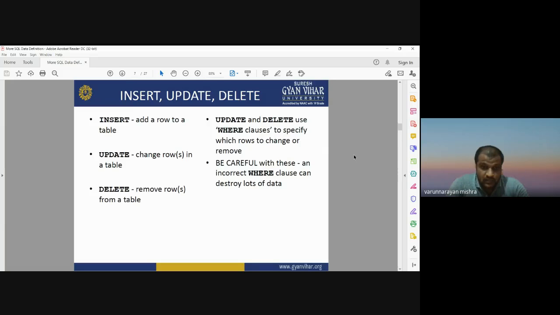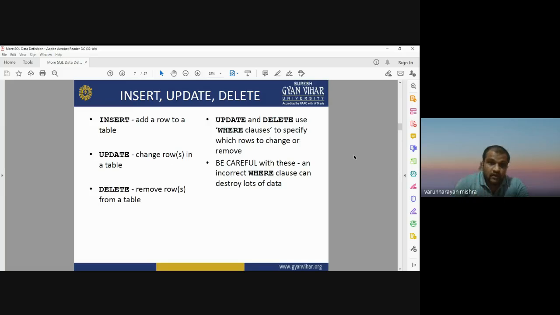If you are going for the update command, update means if you want to change some old value with a new value, then you have to first define where you want to change. Meaning in your table, you have to define the number of the row or column where you want to make the changes.